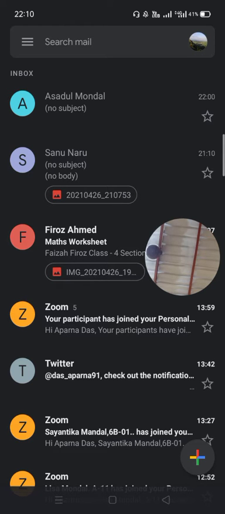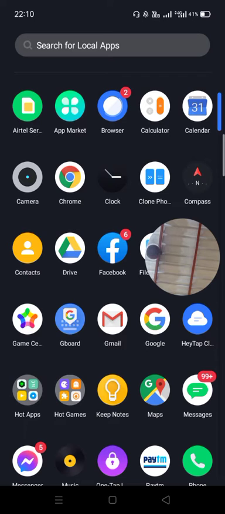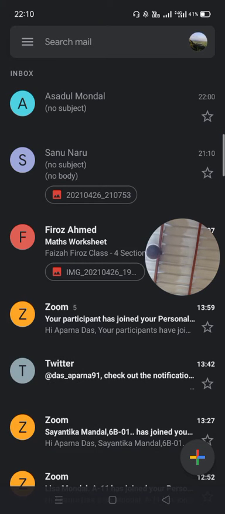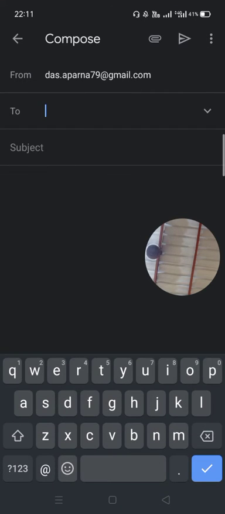Now you come here. From this screen you have to find this and click on this. This is your page where all the messages and everything will come. This is the first page that you will get to see. Now you come here, you will see a plus sign on the bottom of the screen on your right hand side. Here you click on this sign.